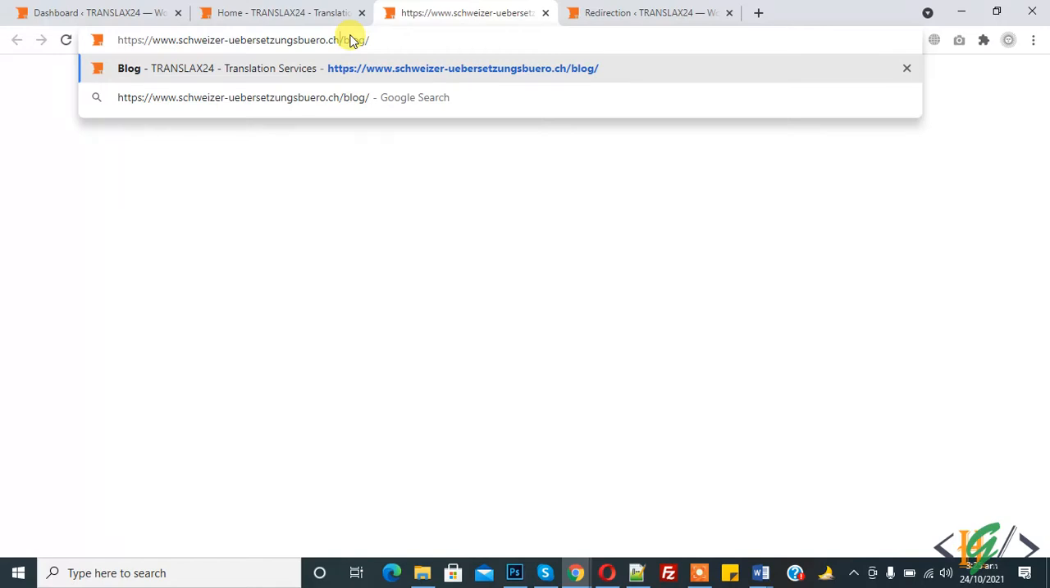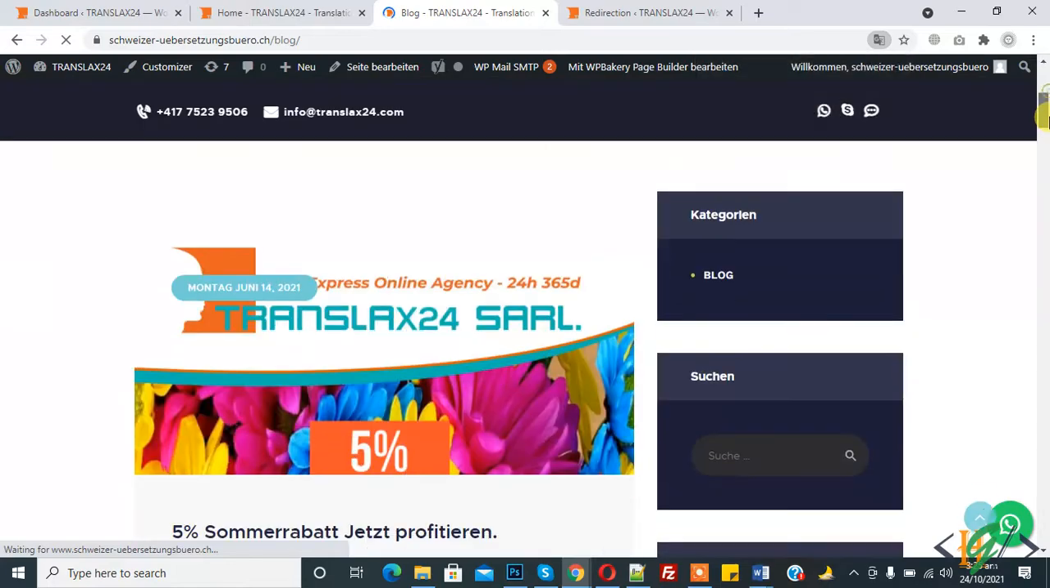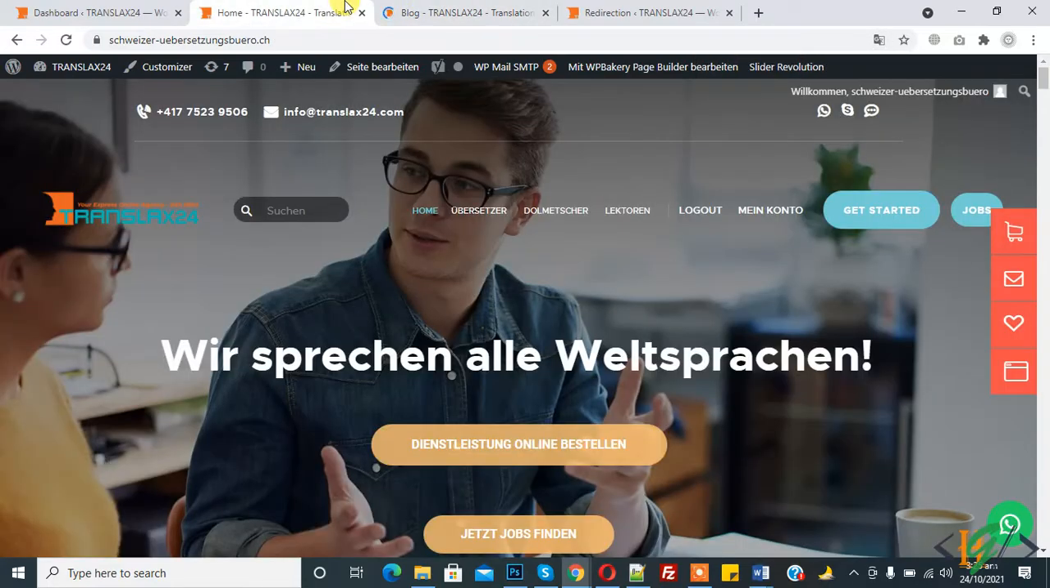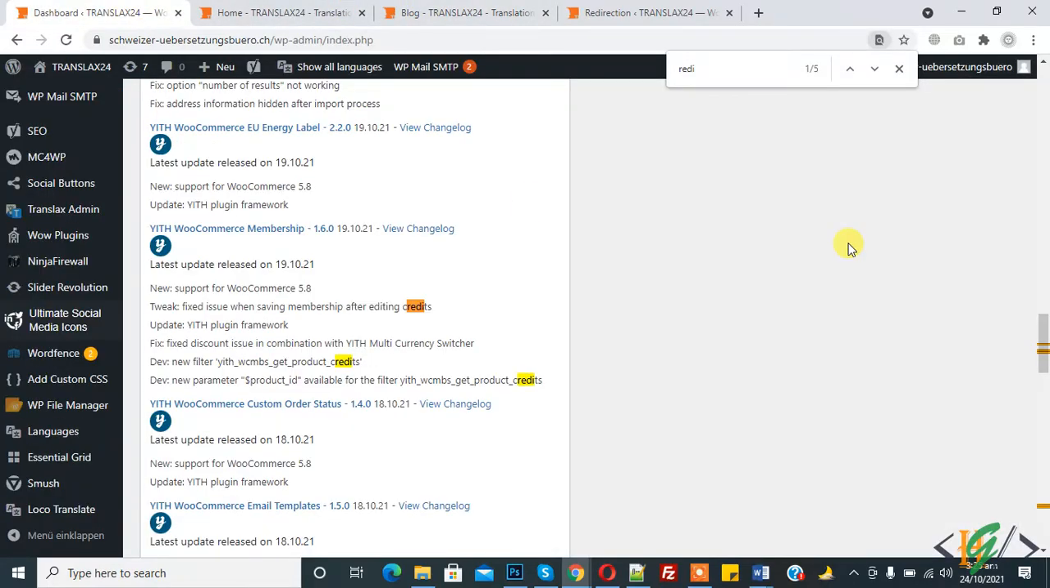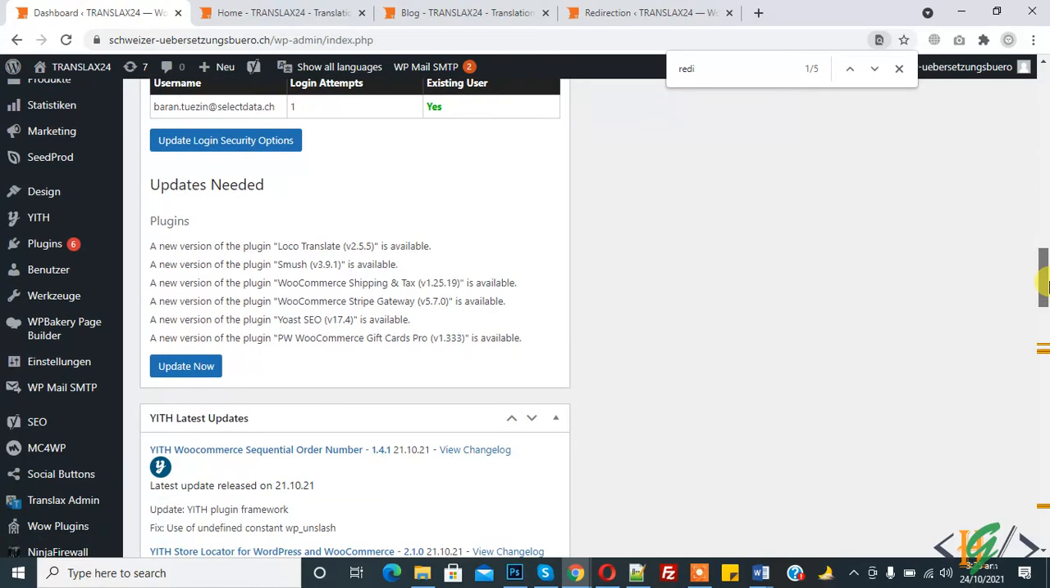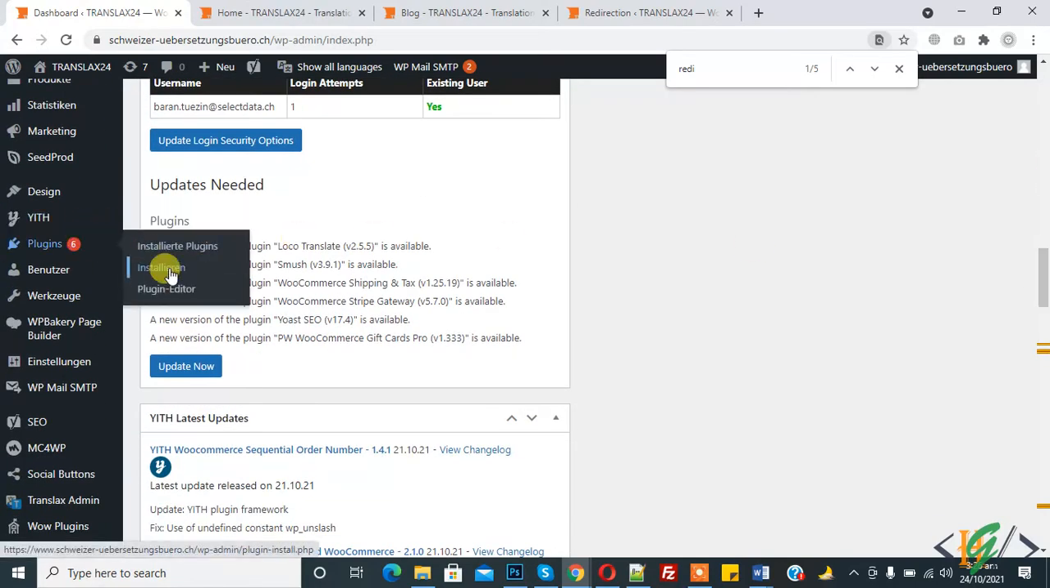Basically our blog page's link is this. This is our blog page, so we will use the redirection plugin. So go back to the dashboard, and now here you see plugins, and click on add new plugin,